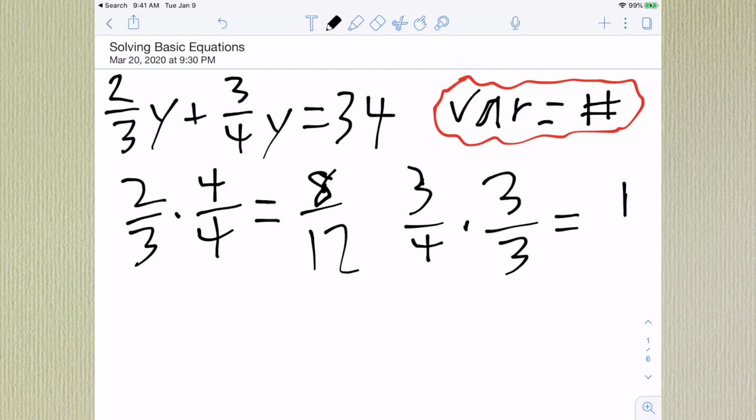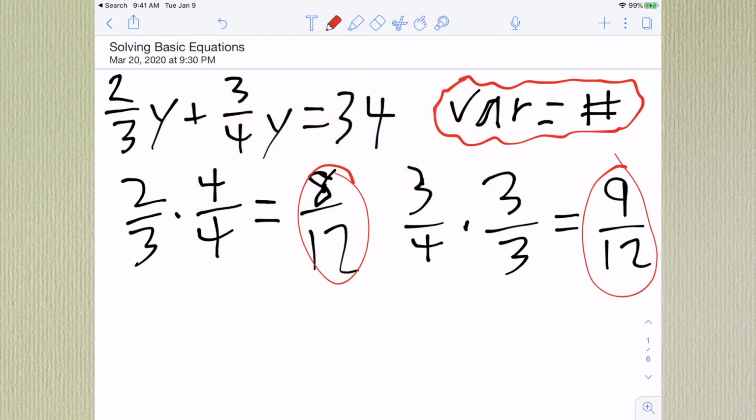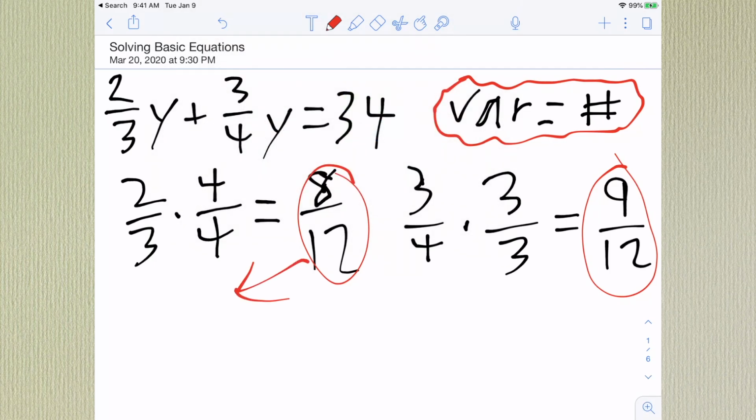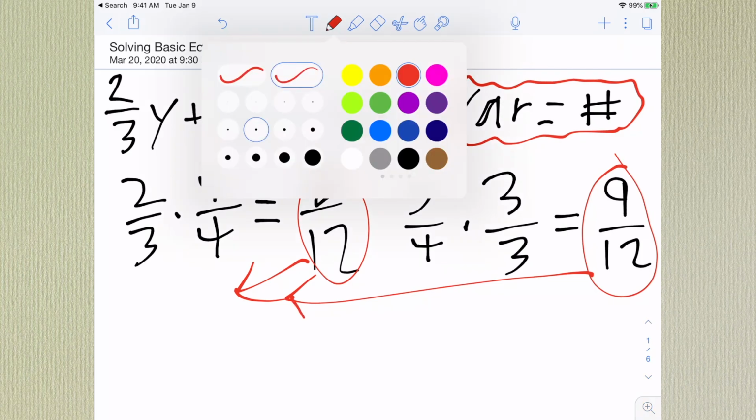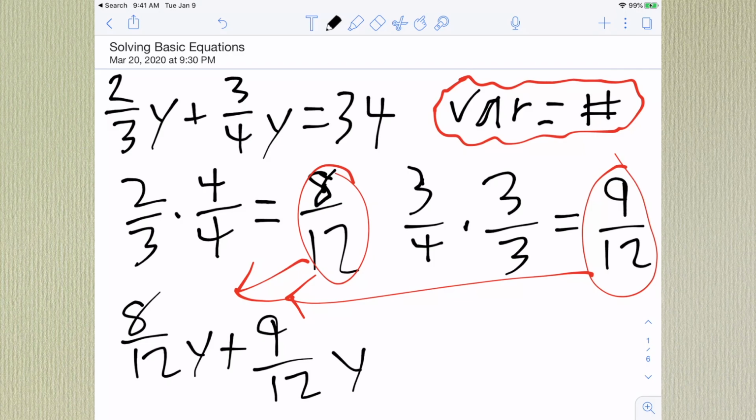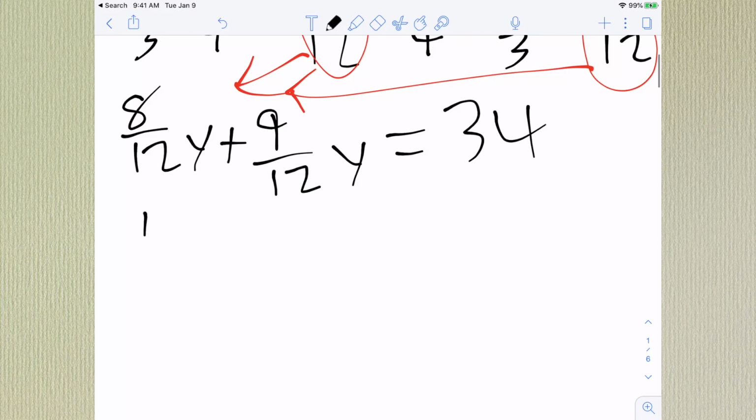3/3, which gives you 9/12. Now, if you wanted to add these two y's together, then you have to add both of their coefficients, 8/12 and 9/12. So we're just going to take those and take them down here. And we basically have 8/12y plus 9/12y equals 34. So that gives you a value of